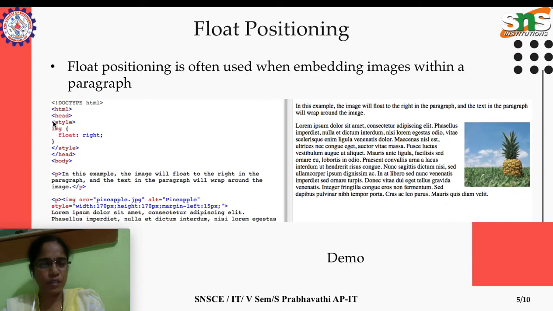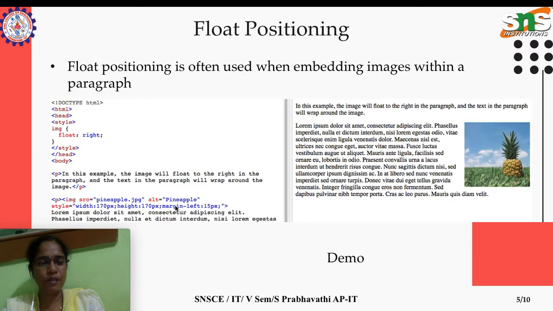Inside the header part we have the internal or embedded style sheet, and for image, float right. In the body content we have a paragraph, and inside the paragraph we have an image and the content. For this image we are applying the style float right.